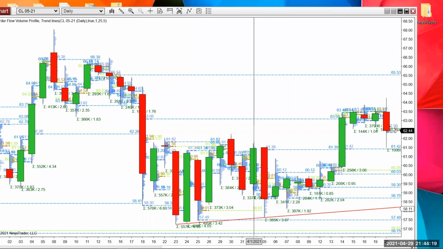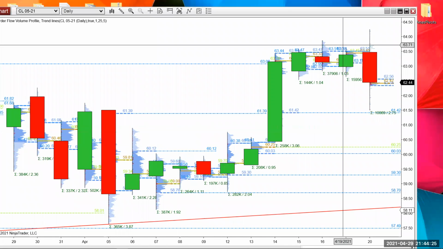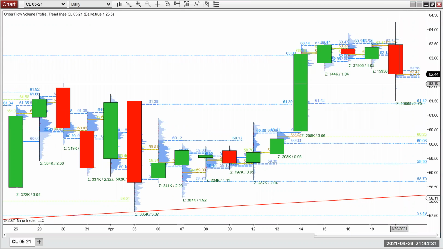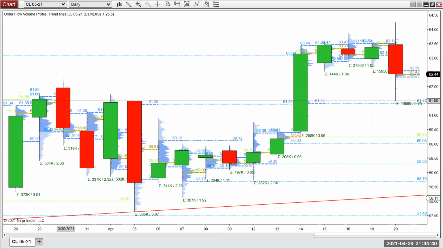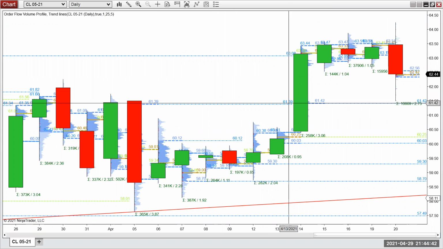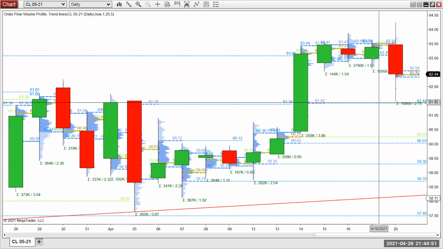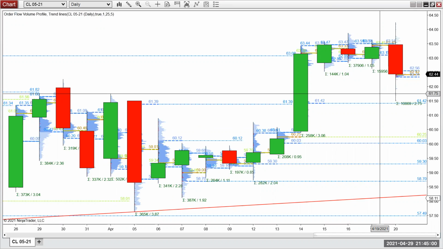Got too much in there. Okay, I am anticipating for this one to go probably to the 61 area there, and there's some support here too. As long as we don't pass that, then we're okay, and we could still try to go higher. Otherwise, this is short, going towards this 61.42, 61.50 range, 61.82.